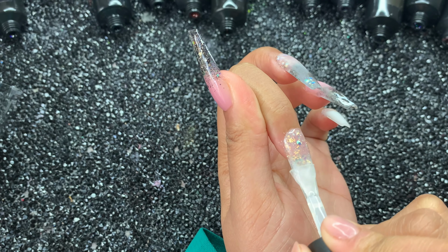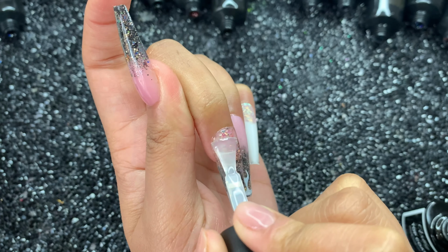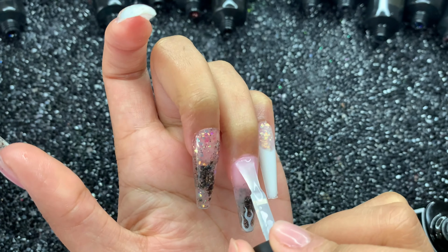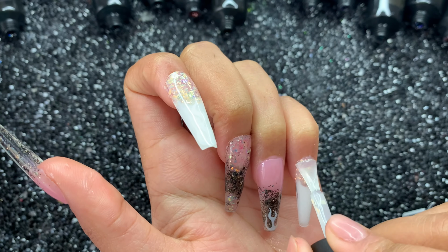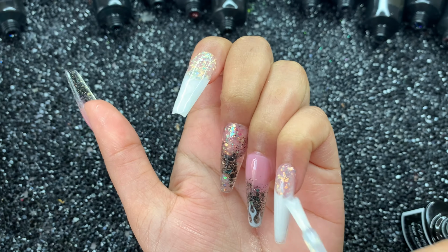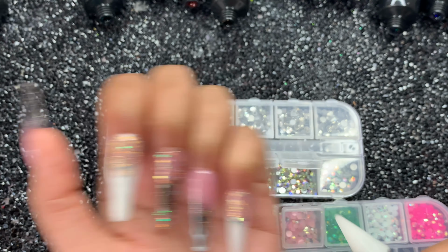So now I'm just finishing off with the Vettsy top coat. I'm doing a nice layer, and this is my favorite part. Oh, I also wanted to mention I did buff the surface of the nail before adding the stickers, just to make sure they don't lift. You know when sometimes decals will lift and it will just be really annoying. I just wanted to avoid that, so I buffed the surface of the nail, and added top coat, cured that for 60 seconds, and then I added some